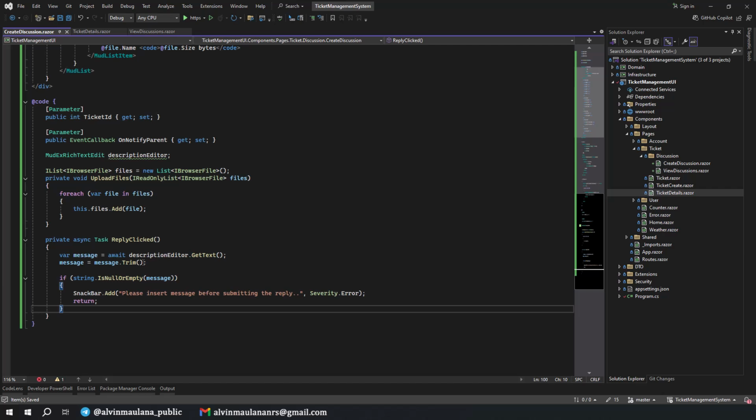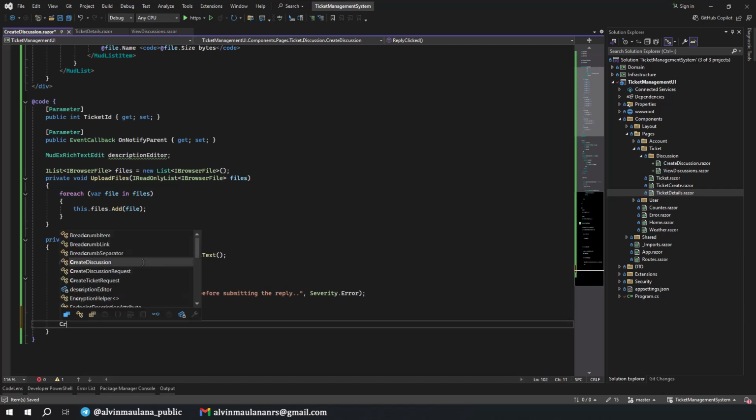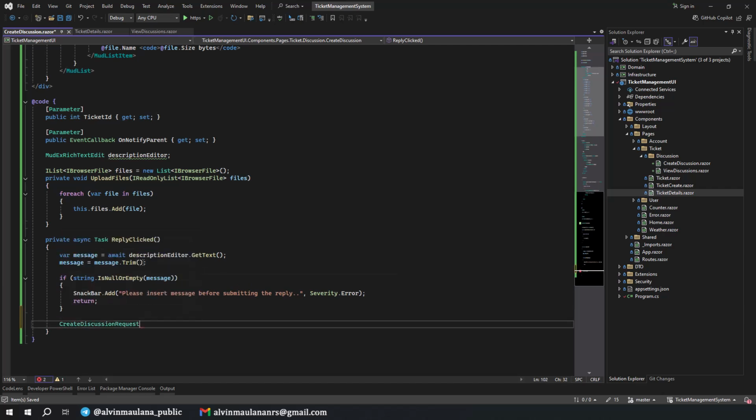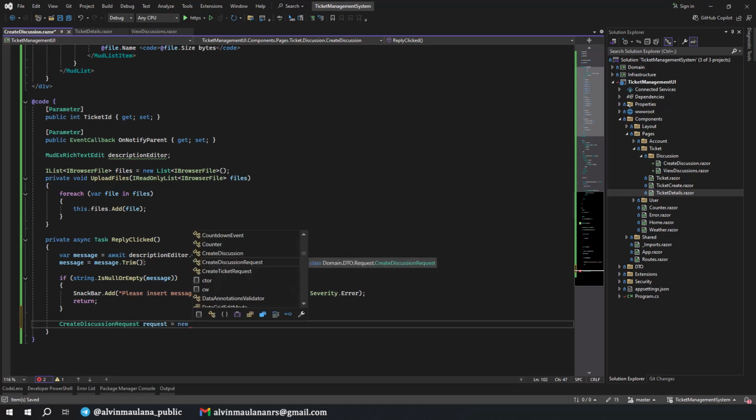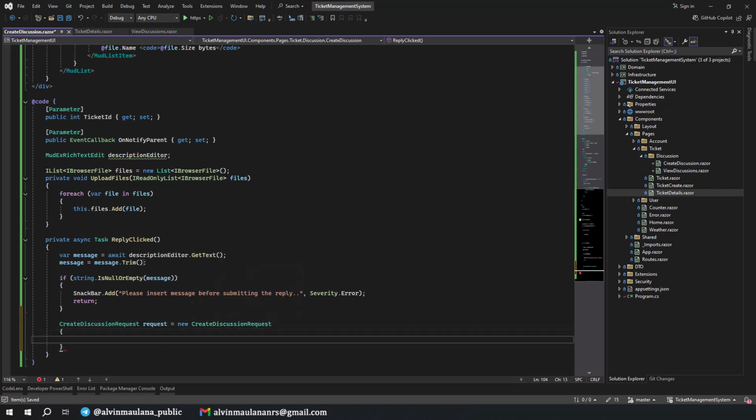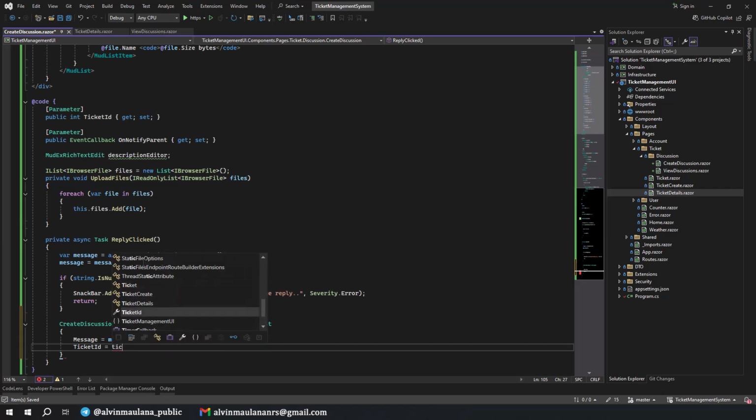And if it's not empty, we will create a discussion request, a new request. Okay, the message is from the message. Ticket ID comes from the ticket ID.